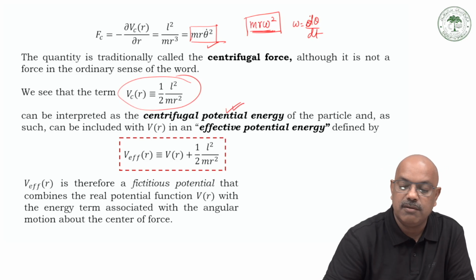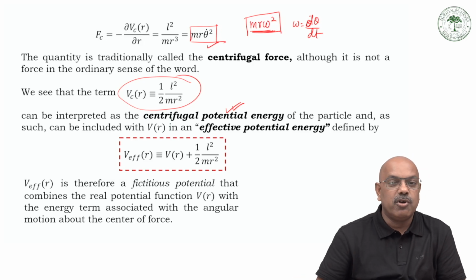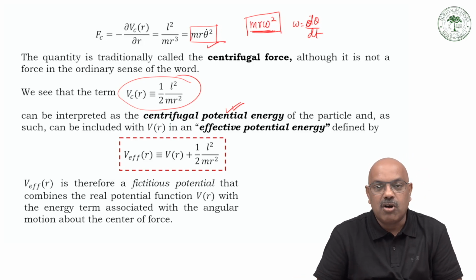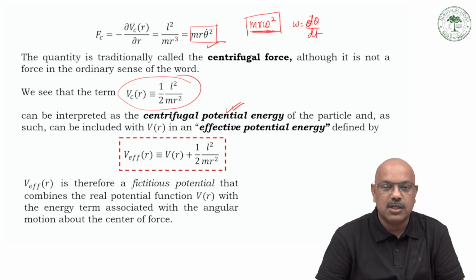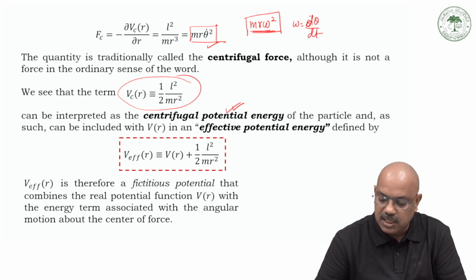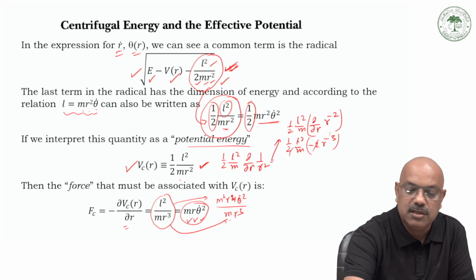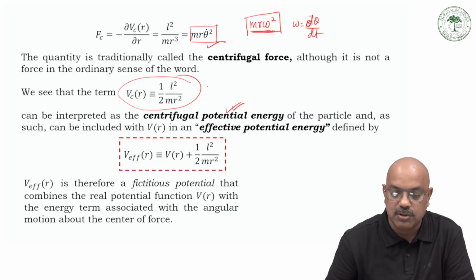This potential is centrifugal potential energy. Because centrifugal potential energy is not the real thing, it's a pseudo potential, which arises because of the motion. In my energy here, this E is the total energy, and this potential, what you get is